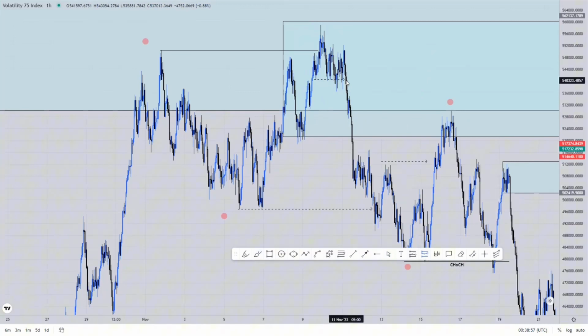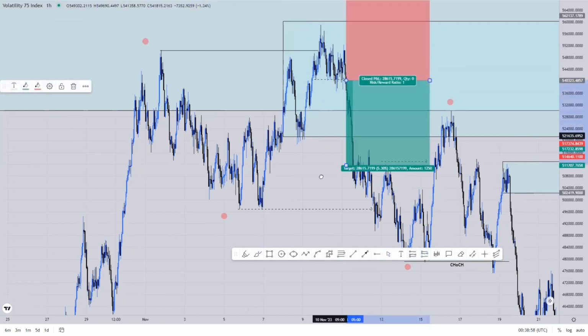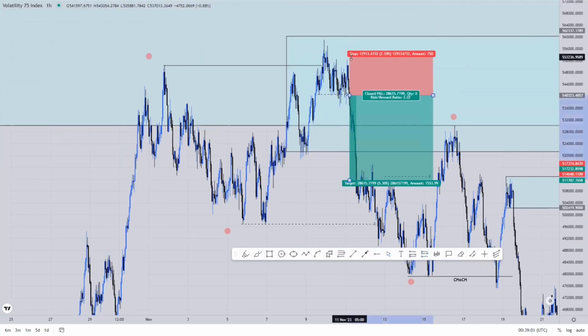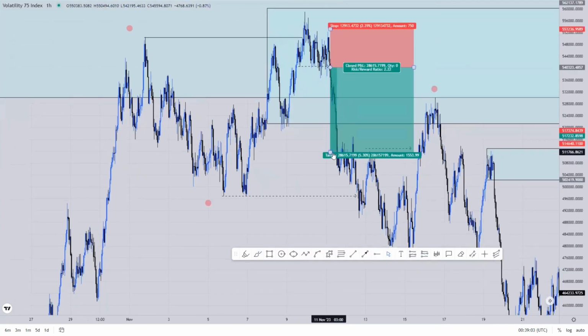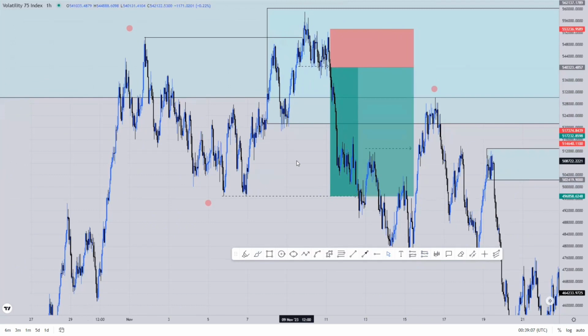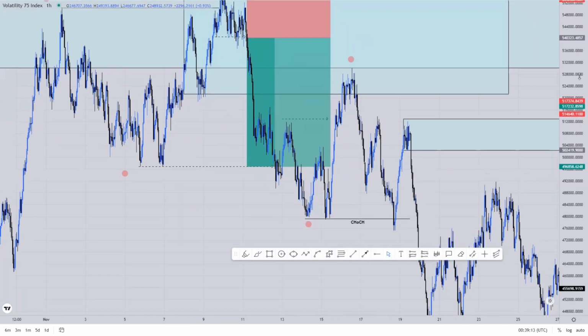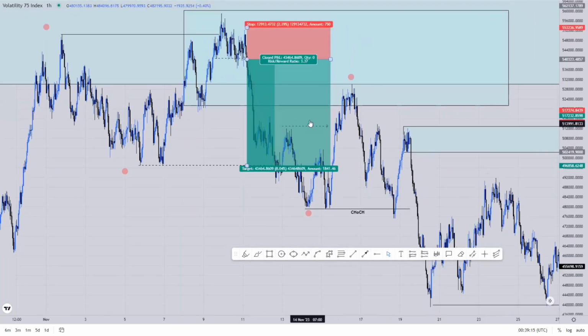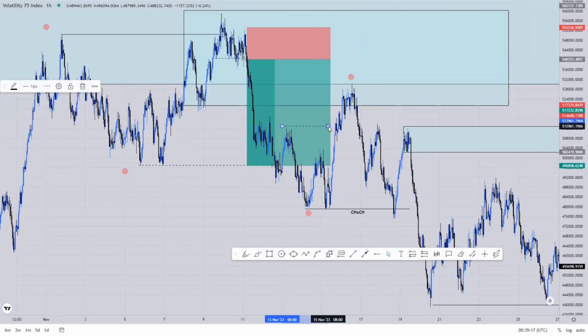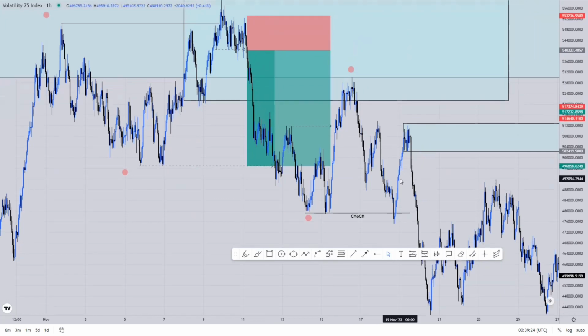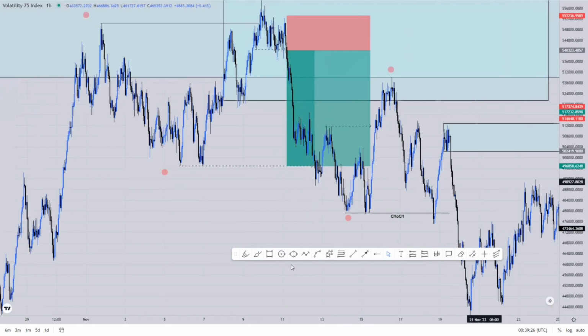So that minor inducement could have given me my initial entry, especially there where it happened. After it happened there, I could have entered my sell there. Where is my stop loss? Just a little bit above here, which is a reasonable one. My first TP could have been this, because if ever they fail to induce there on the 4 hour, they were still going to continue going up, right? So they now eventually induced, as you can see, on the 4 hour, which is good. So with them inducing on the 4 hour, I now have an understanding that my sell there, I can even hold beyond the level that I had predicted